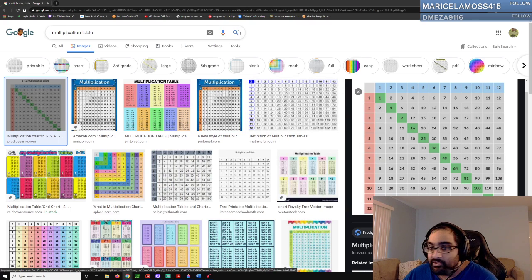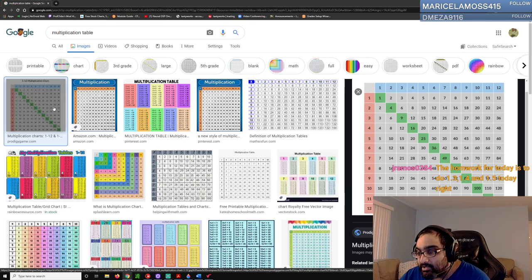Now, this multiplication table is going to be very helpful for a lot of different concepts that we're going to be doing, especially when we talk next about division. One of the reasons I say to try to memorize it is because